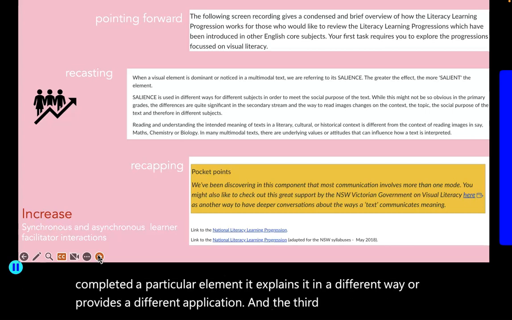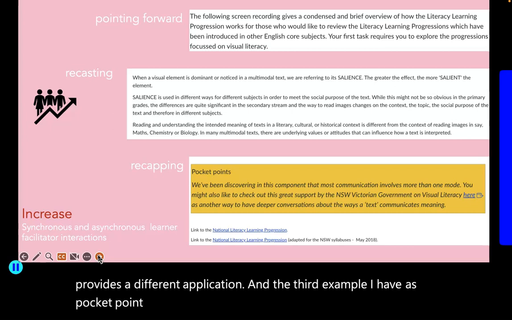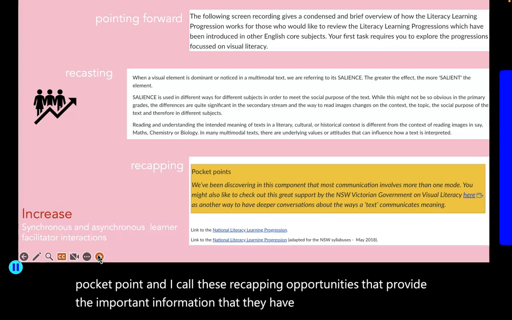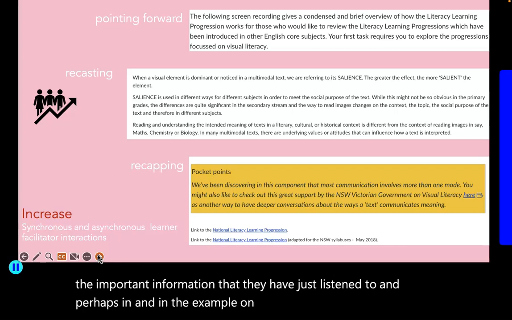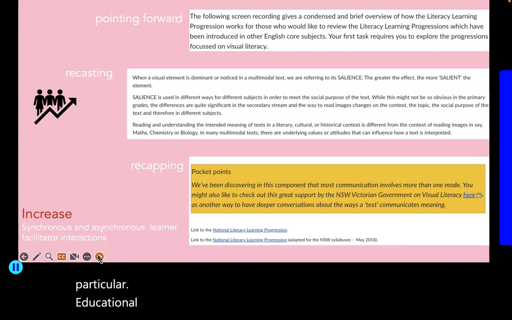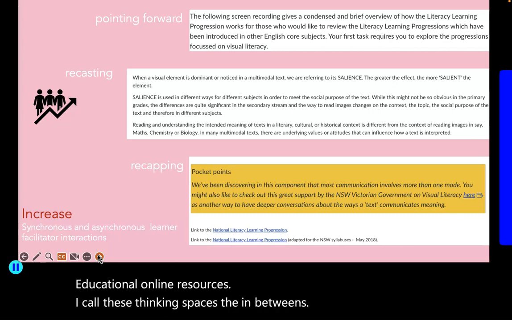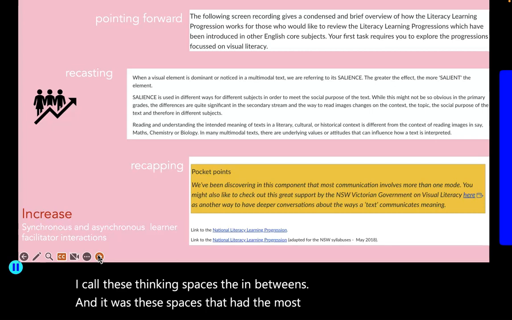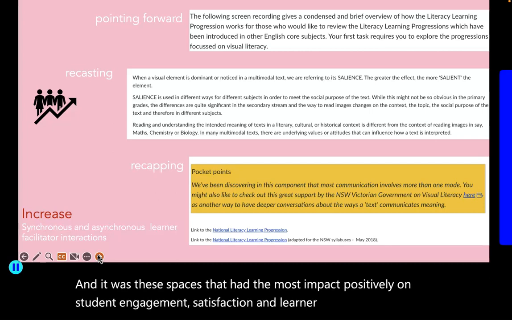The third example I have as Pocket Points, and I call these recapping opportunities that provide the important information they have just listened to, and perhaps, in the example on board, some links directly to particular educational online resources. I call these thinking spaces the in-betweens, and it was these spaces that had the most impact positively on student engagement, satisfaction, and learner outcomes.